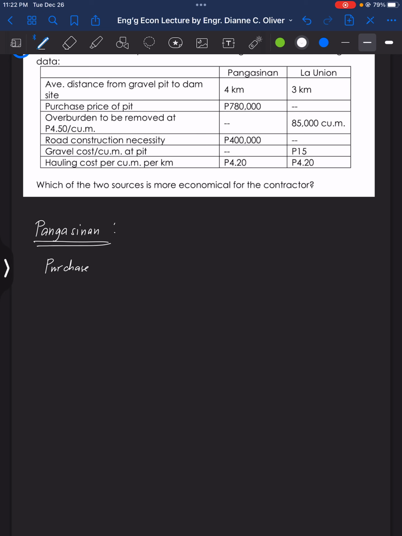So purchase price of pit, that is 780,000 pesos. Then for the road construction necessity, that's a total of 400,000. Then for the hauling cost,